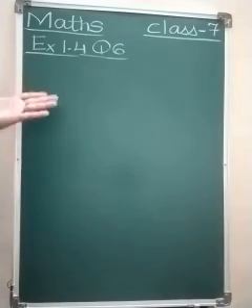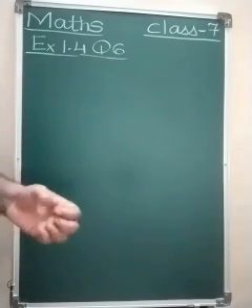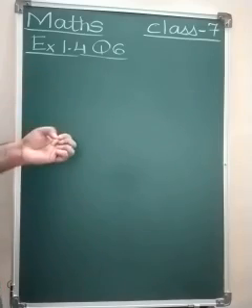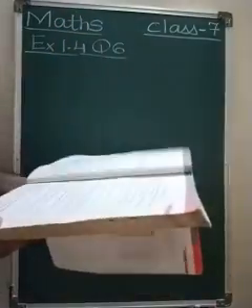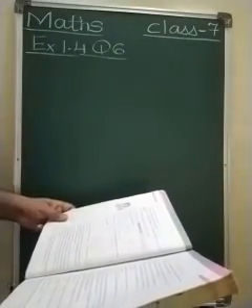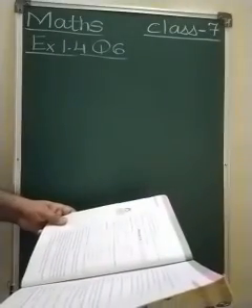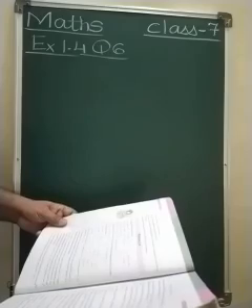The first thing that we do while solving a word problem is that we have to first collect the information. Once we know what is to be done in a word problem, then we can easily solve it. Okay, so let us read the question. In a class test, plus 3 marks are given for every correct answer and minus 2 marks are given for every incorrect answer and no marks for not attempting any questions. So 3 marks for correct answers, that is plus 3, and minus 2, that is negative 2 marks for wrong answers.